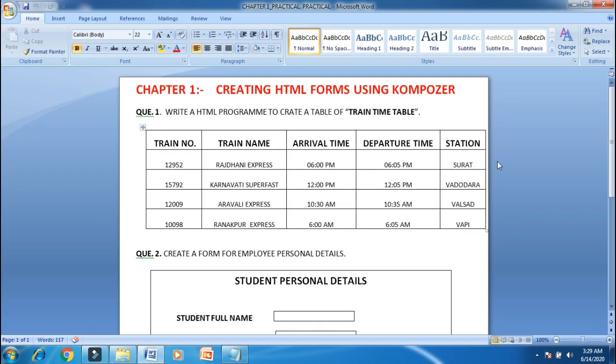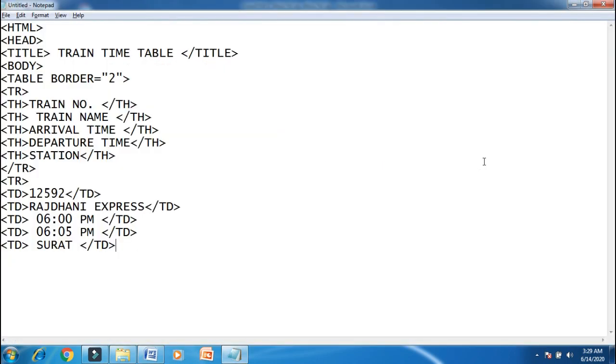Now the row is completed, so I'm completing the tr tag, and now a new tr is open. Inside that, td. Now I will teach you a shortcut. First write it this way.